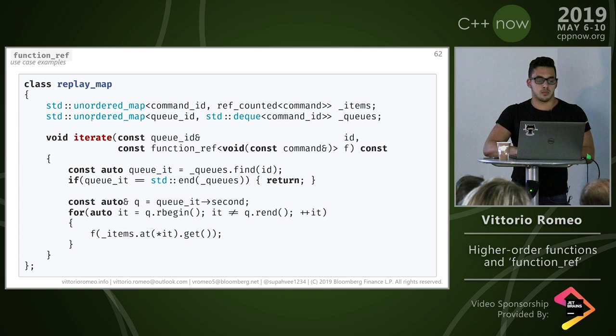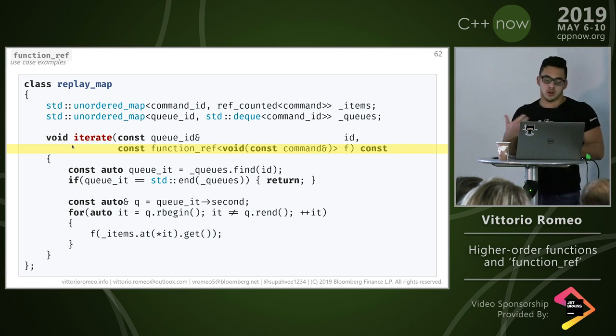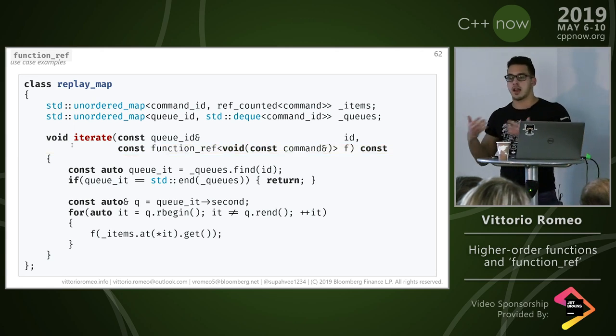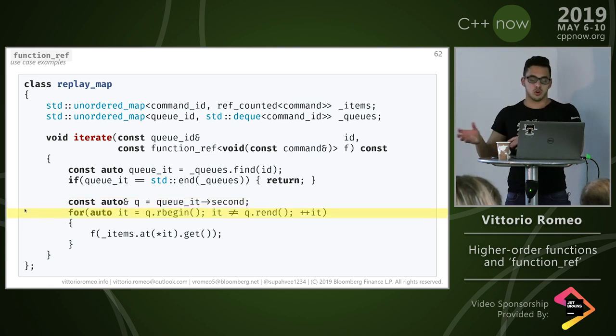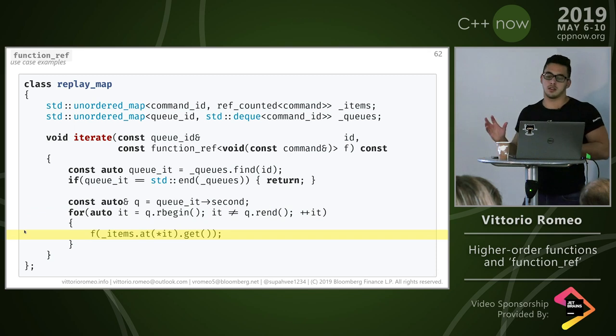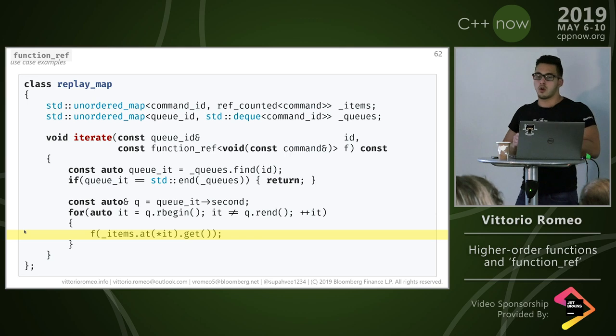In this case, we have a simple iterate function. It takes a QID and a function ref f that takes a command by const reference. And what this contract says is basically, okay, I give you a QID and an action, and the replay map will invoke that function ref with all the commands of that user. So in this case, the implementation is quite simple. We find the queue with ID, if there is one. Then we go through the deck, and for each element in the deck in reverse order, we find the item in the ref counted map. We dereference it and provide it to the function, completely removing all implementation details about this being ref counted